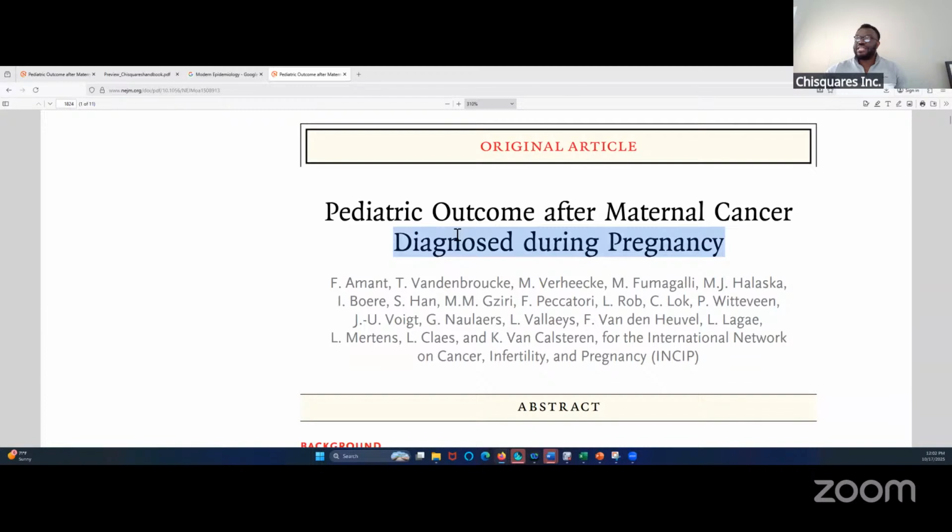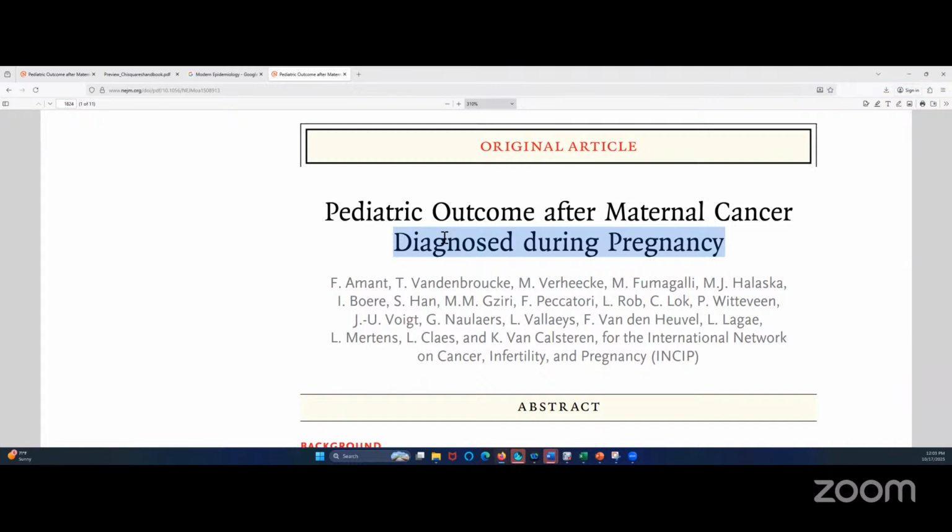Right. Just by looking at the name, what kind of designs do you think might be appropriate, just by looking at the topic, since we've not read the paper? Let's just dissect it based on face value. Or, who can first of all tell us what the paper is all about? Maybe we'll start from there. For those who read the abstract, what is it all about? Can you raise your hand?